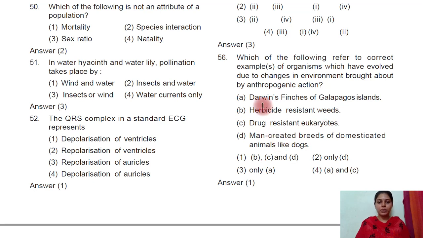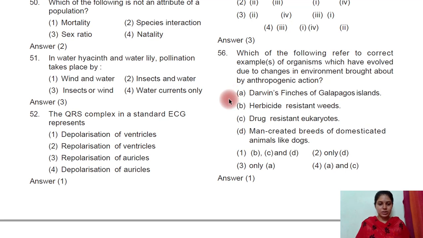But look at this, Darwin's finches. Darwin never made any such finches from Galapagos Island. Rather, he just observed the diversity of finches, how they modified themselves. So this one is not an anthropogenic action. Now next,